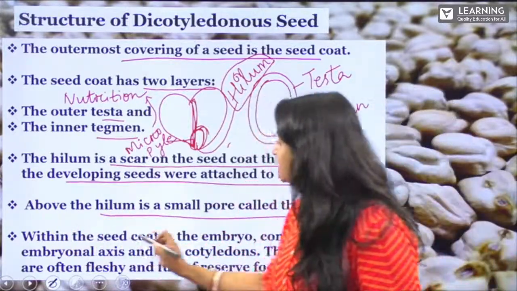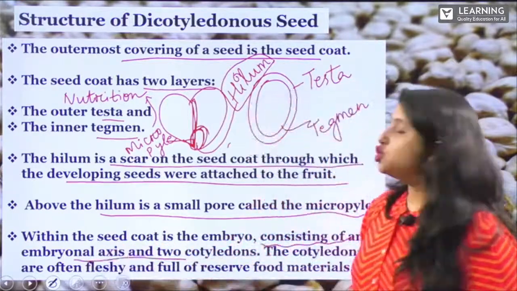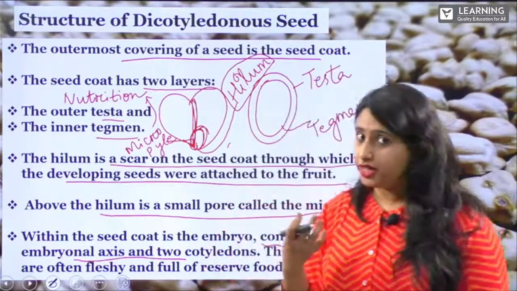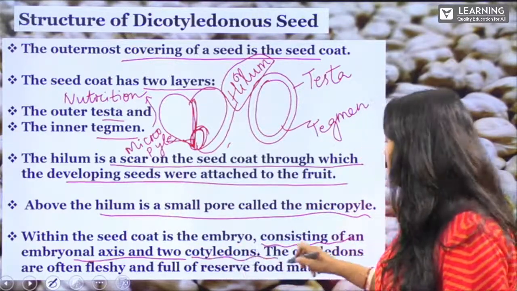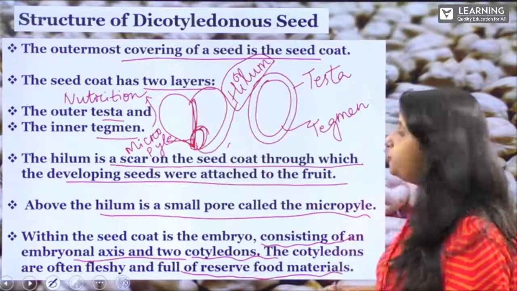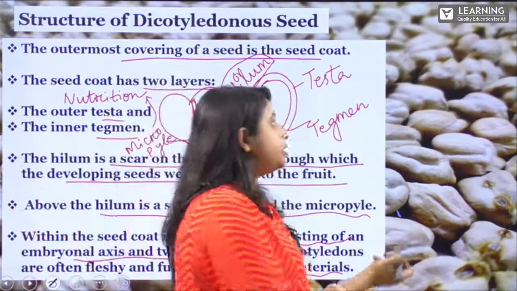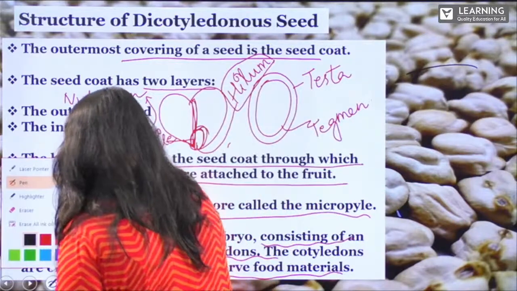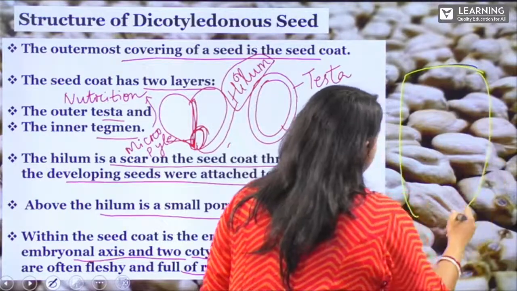Within the seed coat is the embryo, consisting of an embryonal axis. So what is present inside the seed coat? The embryo is present, that is, the embryonal axis with two cotyledons, and the cotyledons are often fleshy and full of reserved food material. So if we see inside the seed, let me take this yellow color. If we look like this, inside the seed there will be